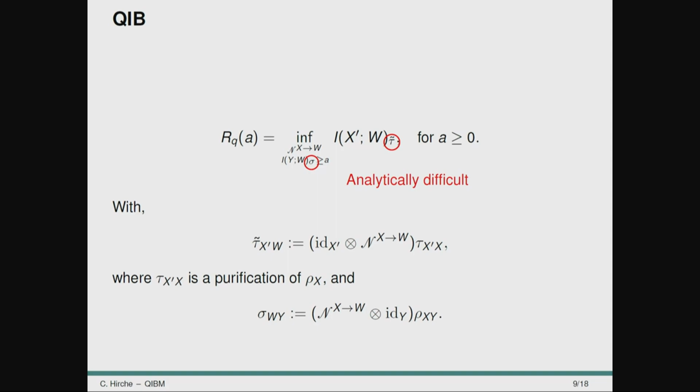The second difference you might notice is that the optimization is now an infimum instead of a minimum. And this is simply because in the classical case, we know a bound on the dimension of W needed in order to achieve the optimal value, while there's no such bound in the quantum setting. And this is a problem in the quantum information community that is very well known and appears, for example, also for squashed entanglement and other quantities.